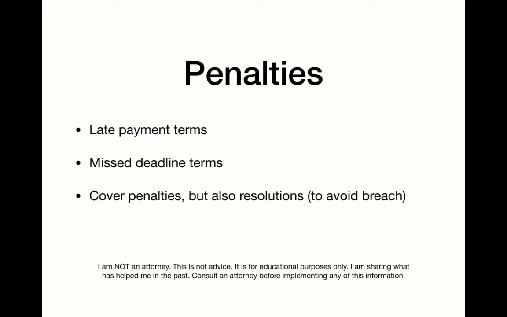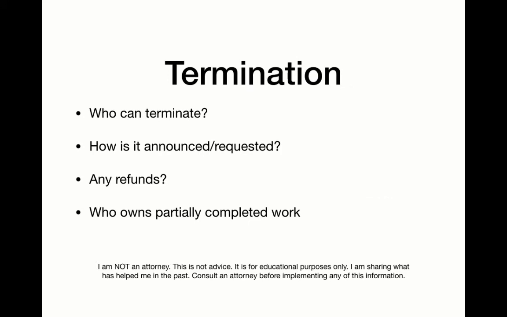And then not just to cover the penalties in this section, but also resolutions to avoid breach. For example, if you miss a deadline, well, let's take late payment. Okay, you miss a payment. There's a penalty of $25 if it's late. And what's the resolution? If it's late after 5 days but paid within 20 days, it's okay, you pay the penalty. But after 20 days, the contract is in breach. And you would go to the breach section that we'll discuss later to determine what happens. Is it voided? Do you go to court? What do you do? Termination. Sometimes you want to stop a project. Who can terminate? Can either side terminate?